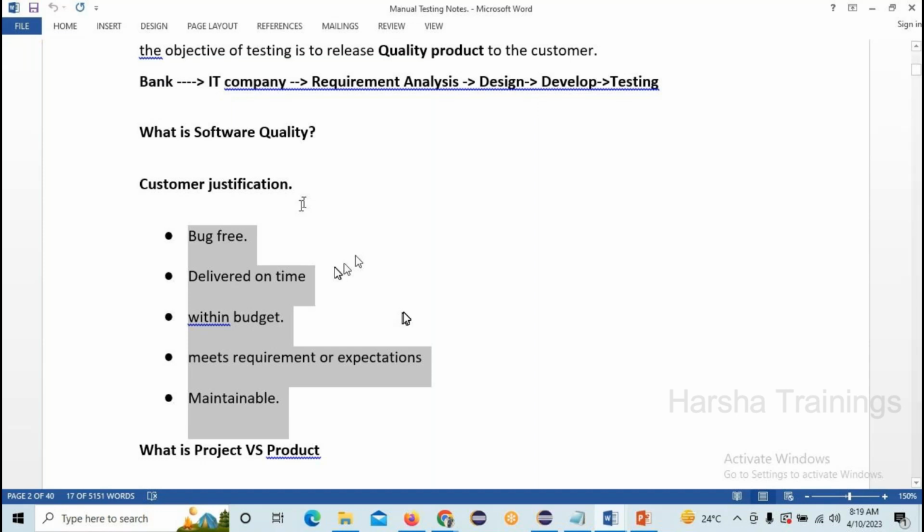And the next topic is project versus product. Can anyone tell what is meant by project and what is meant by product? A generic meaning. It's not mandatory to tell the exact answer. In generic usage also you may hear that the team completed this project, or that product is very good. We are hearing these sentences, right? Generic lines. So how can you define what is meant by project and what is meant by product? Anyone?